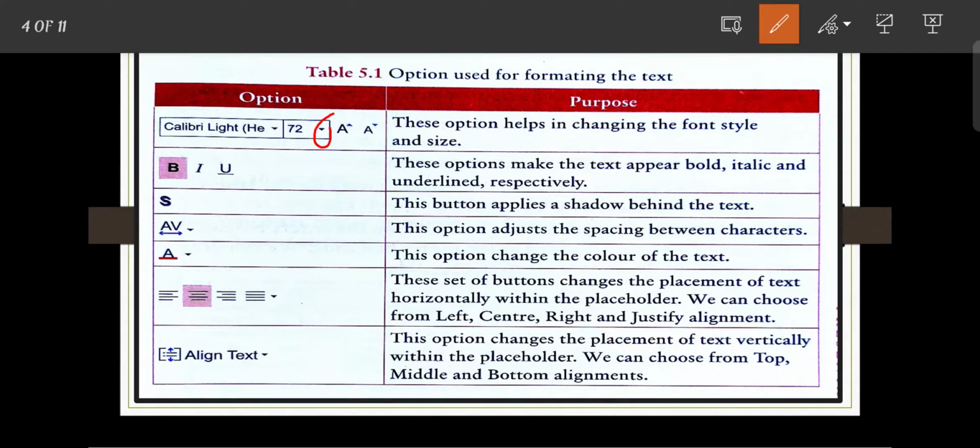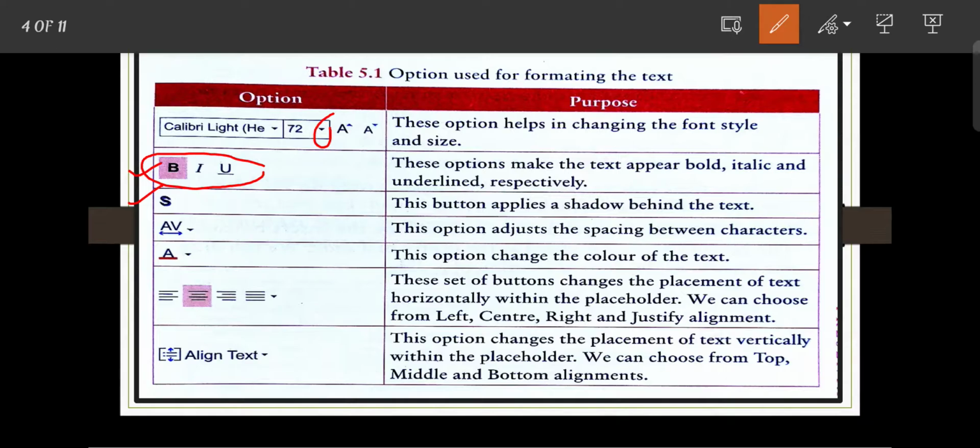Next are bold, italic, and underline. These options make the text appear bold, italic, and underline respectively: B for bold, I for italic, and U for underline. Next, this button applies a shadow behind the text.